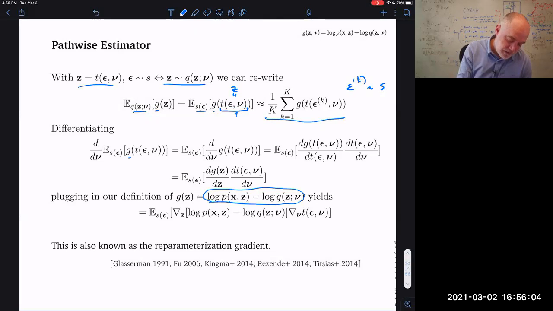we can rewrite the ELBO maximization as the gradient of the expectation over the distribution of epsilon with G evaluated at the transformed value. Okay, so if we just start plugging stuff in, we exchange the gradient operator with the expectation, right? And then again, we use chain rule. I guess it was product rule before, chain rule here,